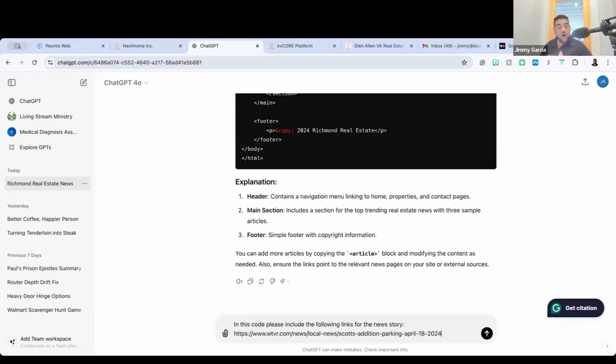Right. And start putting in all the different types of news stories I want to find with those links. And now I have copy and paste code. Okay. Same thing. I know that this is an HTML class for ChatGPT, but just to give you a high level overview. Maybe that's something we could schedule to do some more of this for KV Core.